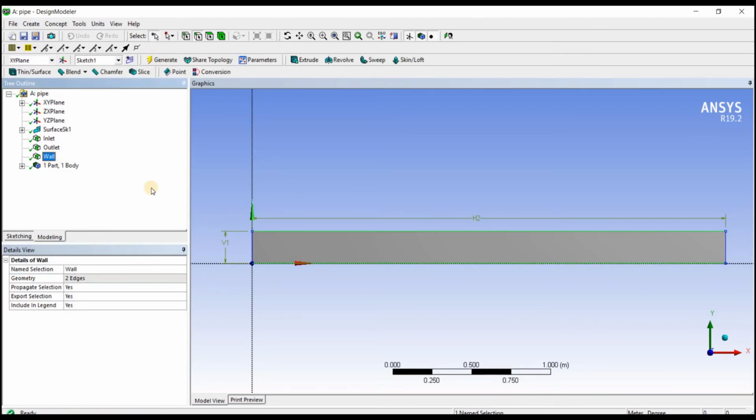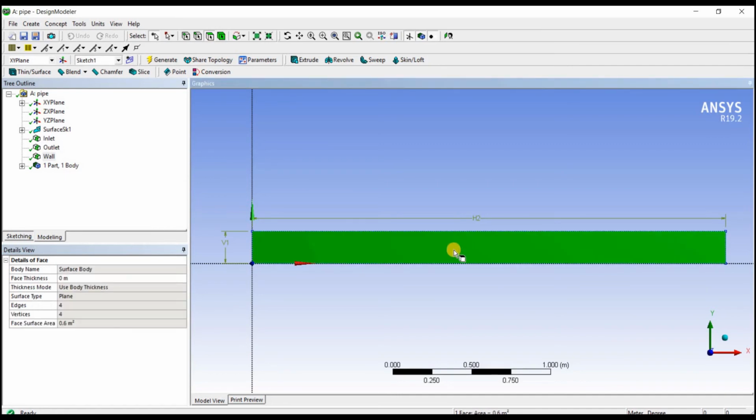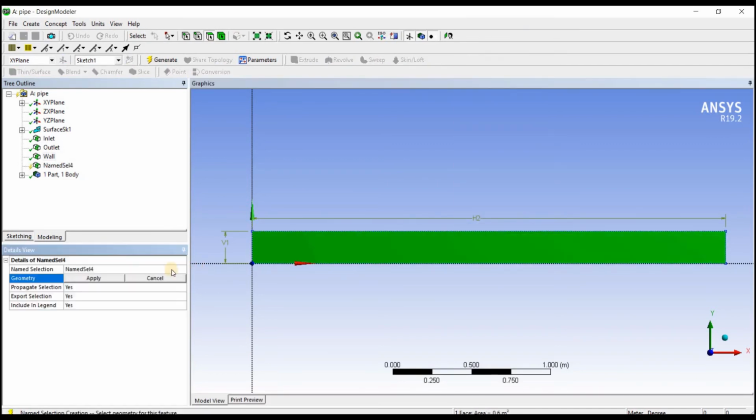Okay, everything is done. So click on the face surface selection. You can see up right there which are associated with the green colors. Why we are doing this name selection is because we'll have an inlet and outlet and the walls. So we define the boundaries there. As I said earlier, you have to click on the face surface and then click on the surface of your geometry and then name that